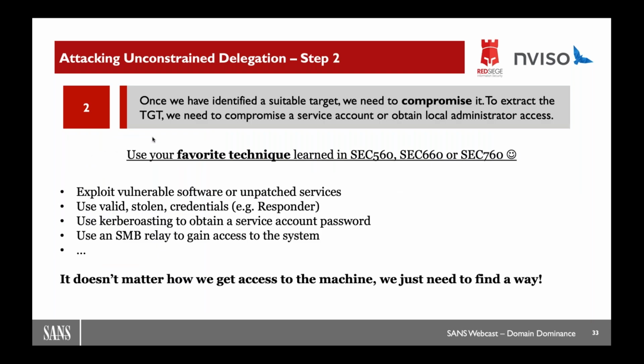Now, once you identify one like this, for example, Windows 01, you need to compromise it, right? Simple. Find a way to compromise that account. Maybe there's no way, right? But this is something that's a prerequisite. We need to find a way to compromise that one. So I mentioned as a joke here, use your favorite 560, 660, or 760 technique. Find a way to compromise that account. In the previous step, I used the Windows 01 as a computer account. So if you're a domain user and you find out that Windows 01 is configured for unconstrained delegation, you want to compromise Windows 01. Because if you get Windows 01, that's where everything falls down.